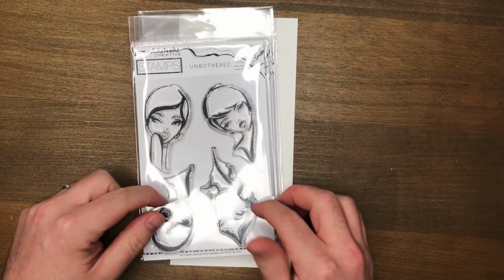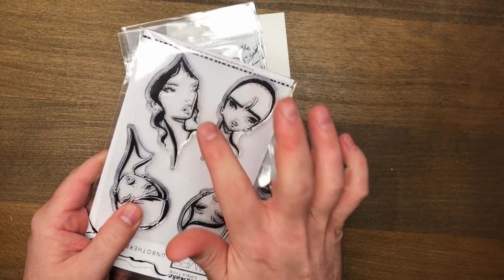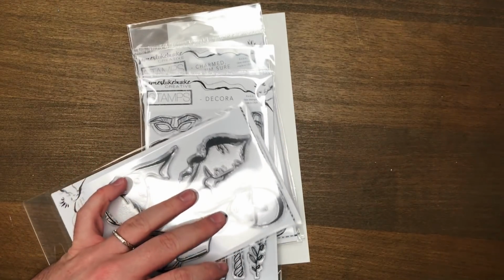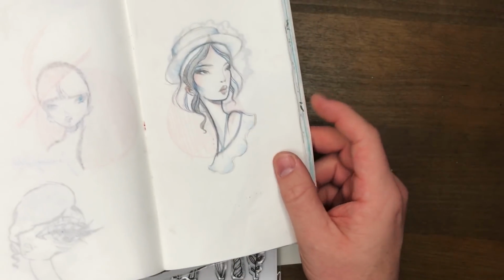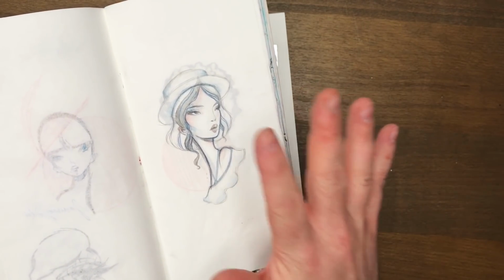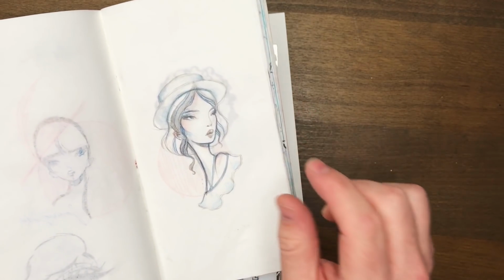We're still with Unbothered and today we're going to use this stamp right here. This is the only one in the set that doesn't have the top of the hairline. Actually today, that's going to come in handy because we're going to learn how to draw this. Now, this was just an example I did. We're not going to go into super detail because this could be quite a long and boring tutorial, but I